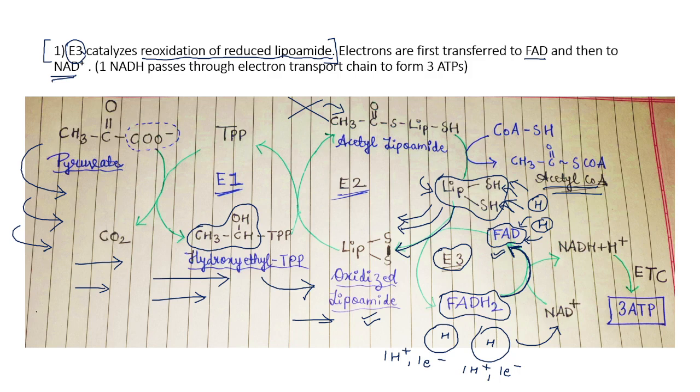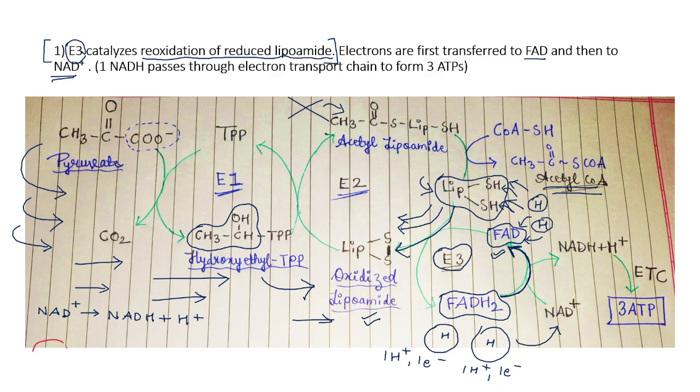so we write reduced form of FAD as FADH2, but we write reduced form of NAD+ as NADH plus H+. This also we have discussed in the previous lecture. So students who are directly watching this video should also watch previous videos so that all your basics will be clear. So we write this as NADH plus H+ and not NADH2 because,